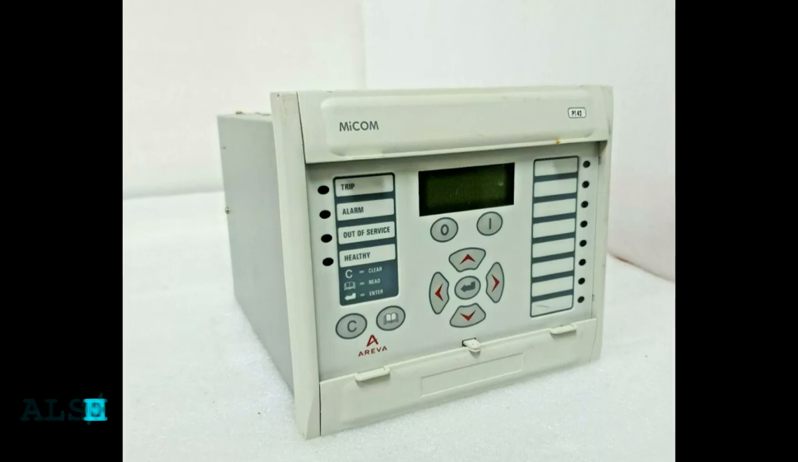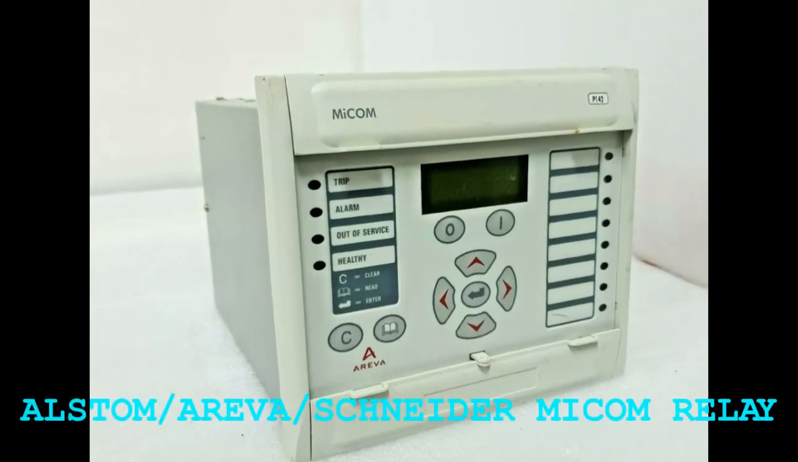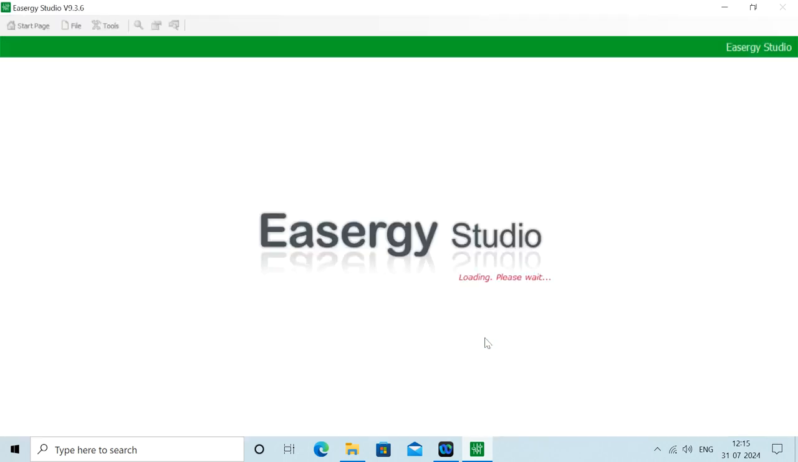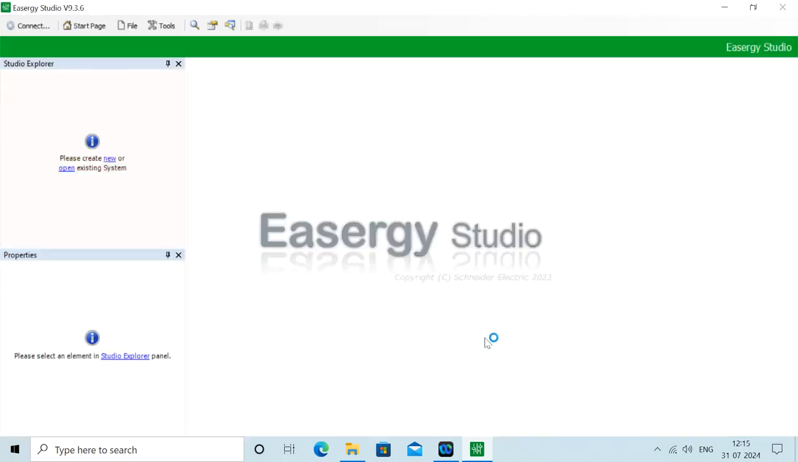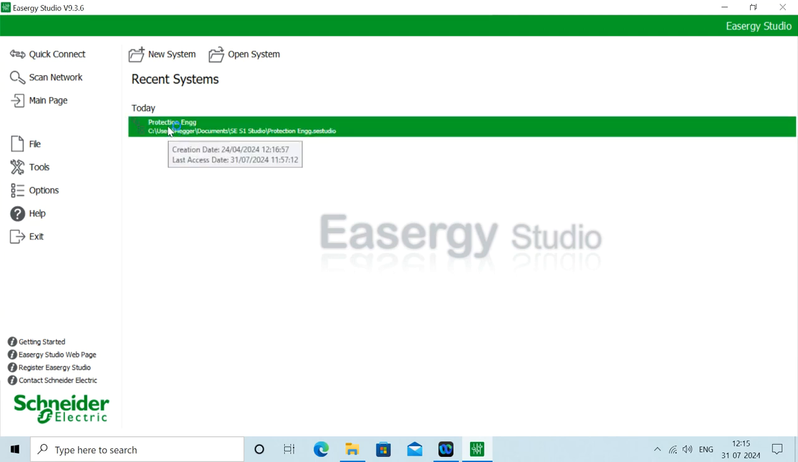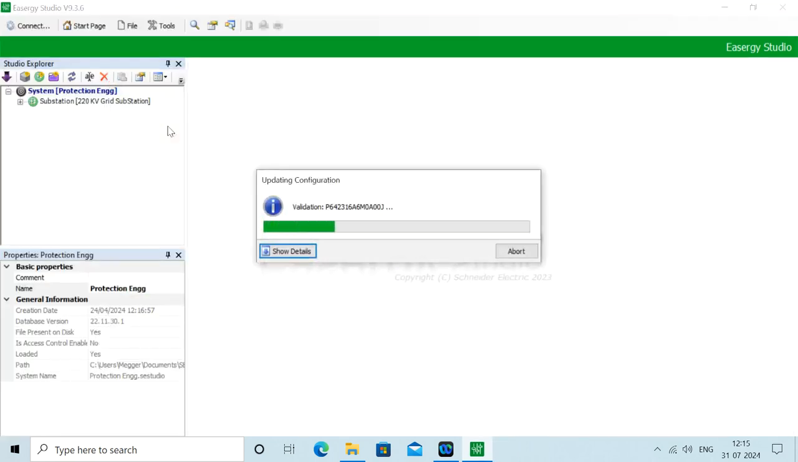Now let's move on to Schneider relays. Now Schneider, Areva, Alstom, all these MiCOM relays are of the same type. So for Schneider relay especially, we need to open the S1 Agile Studio, because this is the software for Schneider relays. Now here we are going to take